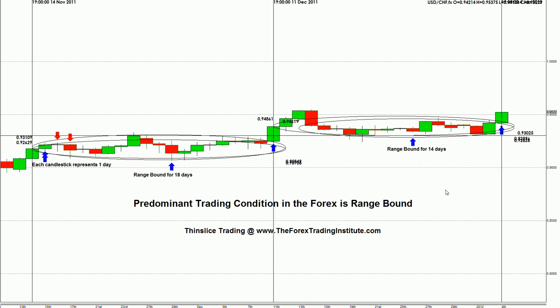So if we were to look at this particular currency pair, once again dollar versus Swiss franc, we could see on a weekly or monthly chart where the overall tendency would give us the idea that the trend is moving north. But for us trying to trade on an intraday basis, it would be impossible to try to trade any of that activity because we literally would have been stuck in a sideways position for 18 days in the first portion of this range, slight little move to the north, and now stuck again for 14 days, whereas trading on an intraday basis using a scalping technique, we can take advantage of these back and forth opportunities throughout these consistent range-bound